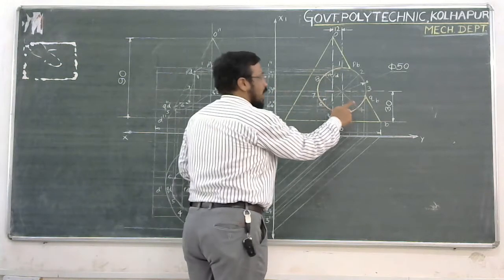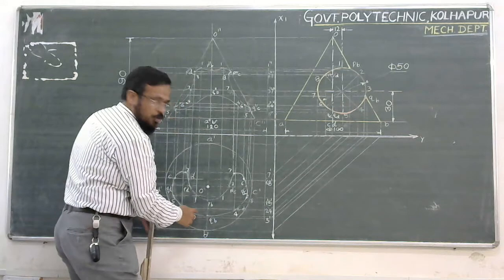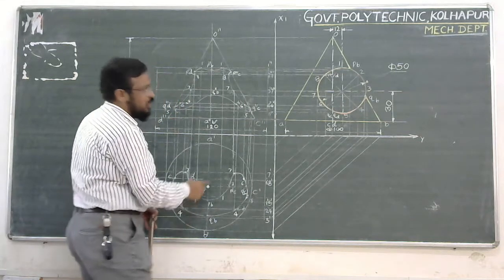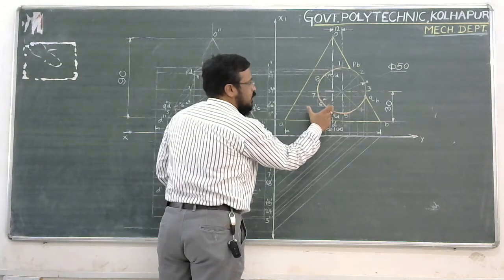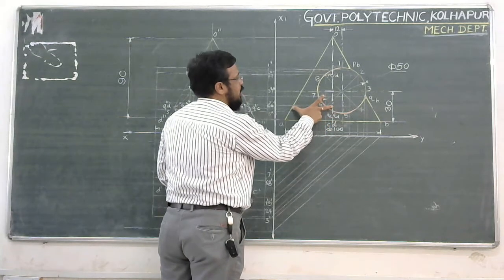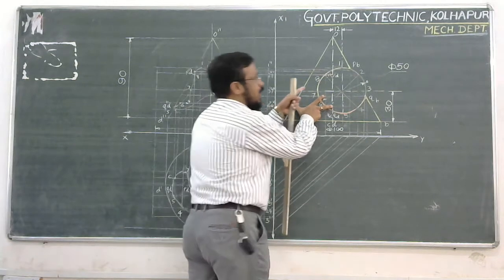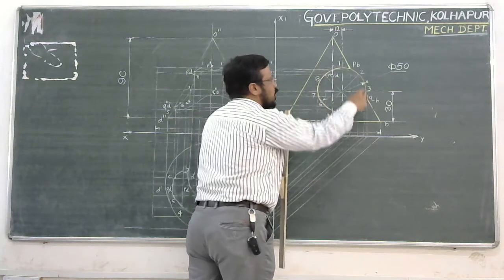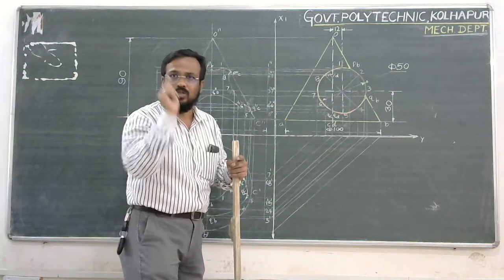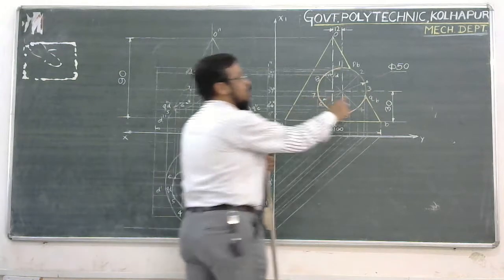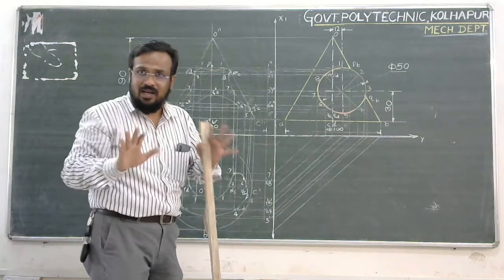So while projecting these 4 points reference into the top view with the help of backward projector, I suggested you to consider the distance from this axis of the cone to the end generator, because I already told you don't think over or focus on the other parts of the cylinder. We are plotting a single point in the form of a 4. Rest of the points are of no consideration just now.